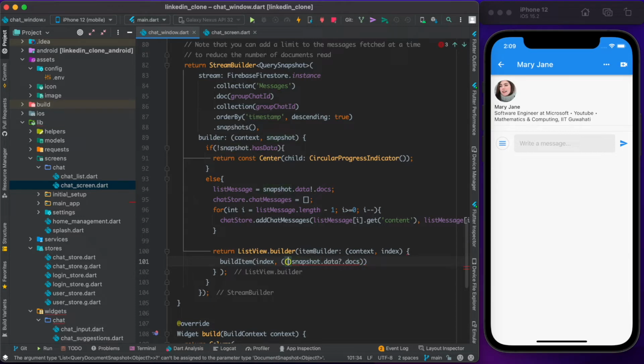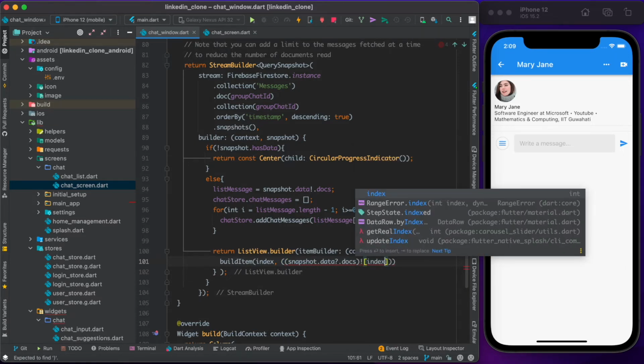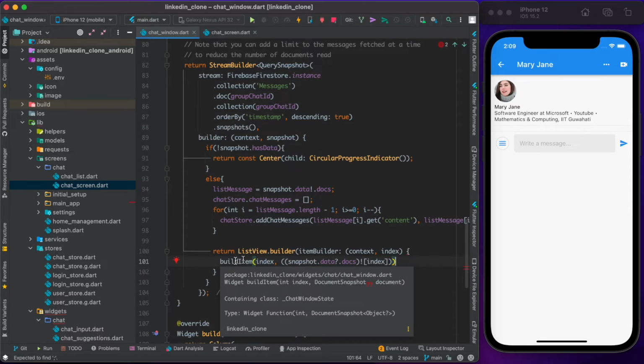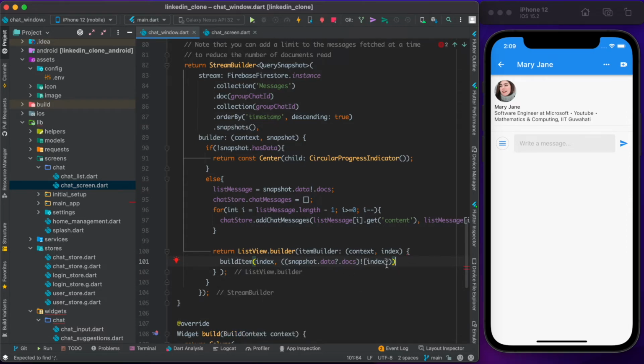So I'll add this here, one more bracket on this side as well, and then we'll take the index of that, because it's expecting the document, so we are specifying the particular document corresponding to that. In fact, we can use the arrow function here instead. All right, itemBuilder is done.